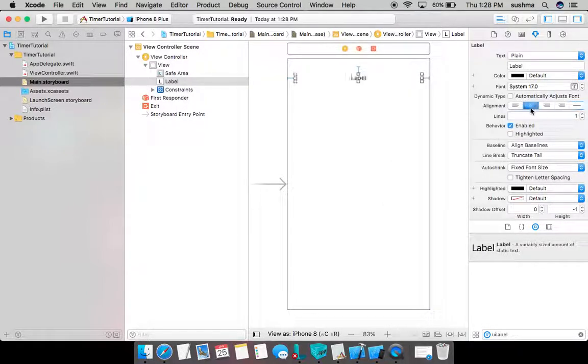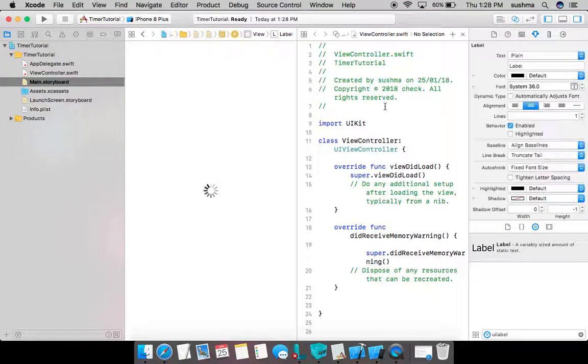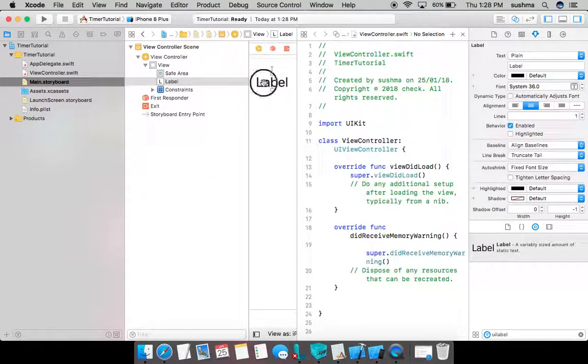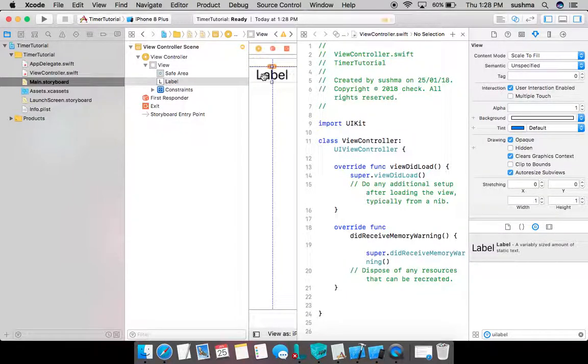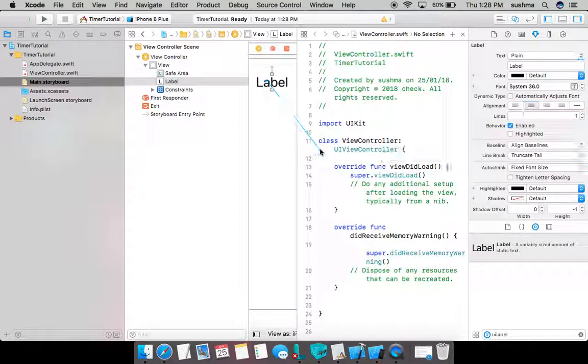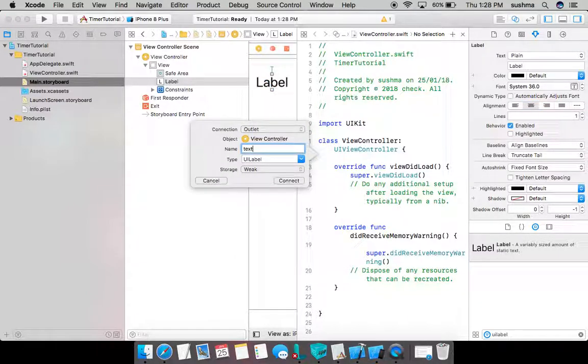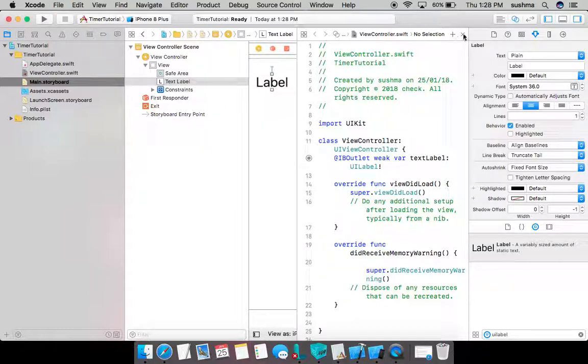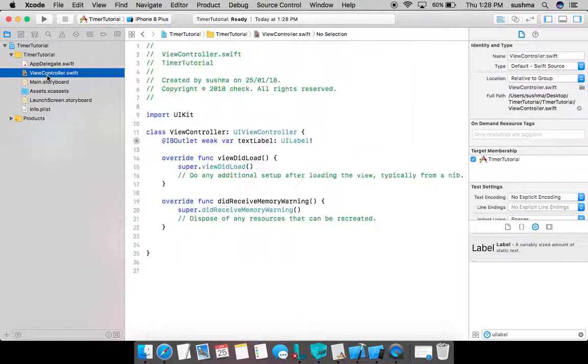And I'll also just customize it. I'll make it a bit bigger in size. I'm creating an outlet for this label so that I can update the text when I need. Text label. Okay, so jumping to the code,